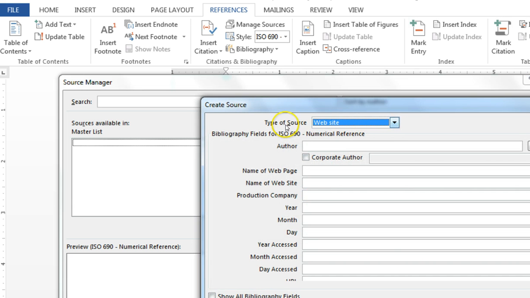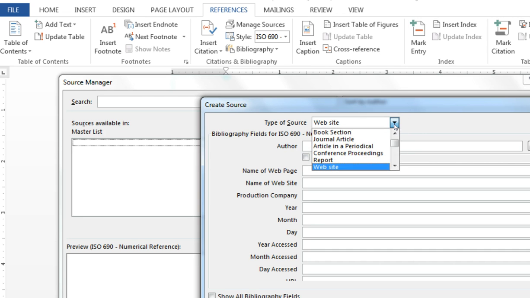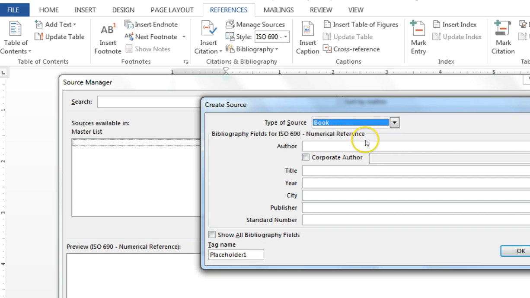Now up here we have this type of source window. We can come down. I've got an article from a blog post and a book. So I'll take the book first, and the author of the book is someone named Klaus Schwab. All right, so I got the author. The title of the book is The Fourth